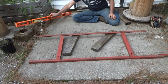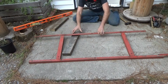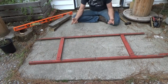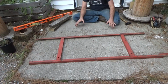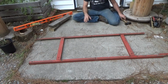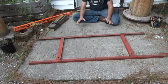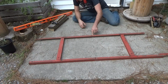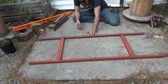I think what I'll do for best results is put this one on the end, the far end, where I'm going to end up stopping all the time. And that'll give me the least possibility of a 1/16 of an inch difference here from causing any trouble. Because